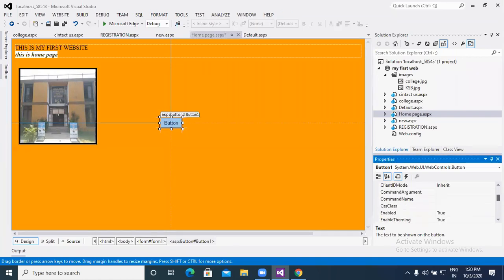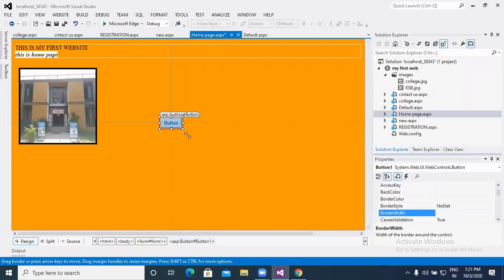The prefix is btn, right? Access key is the same as for other tools. We use access key if we wish to set a shortcut. Border colors and border styles are there, if you wish to design those particular buttons as we need.